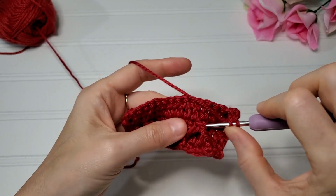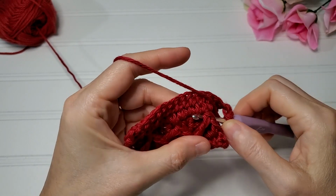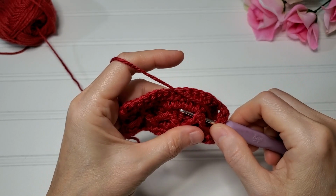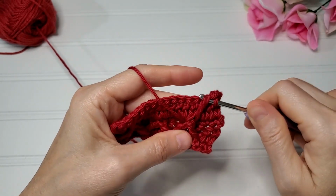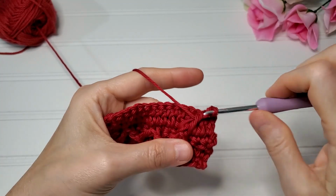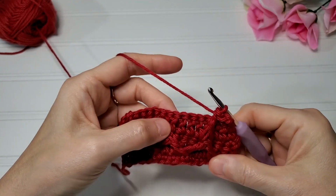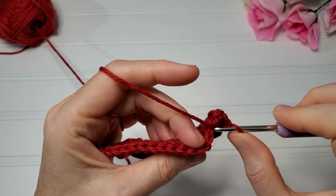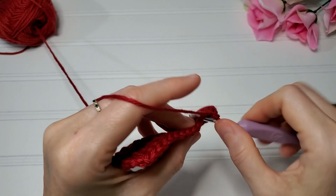So you'll insert it back behind all the way through till it comes out the other side, and you have these 2 stitches on the front of your hook. Yarn over, pull through, pull up nice and tall, and then finish your double crochet. And like we did before, skip the 1 stitch behind it, 3 single crochets,